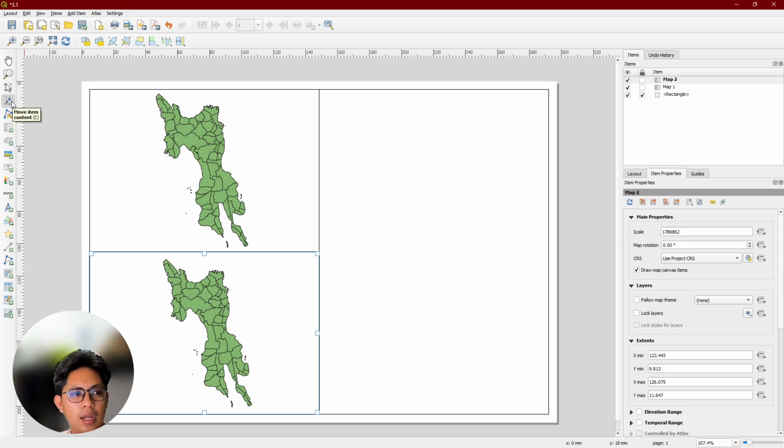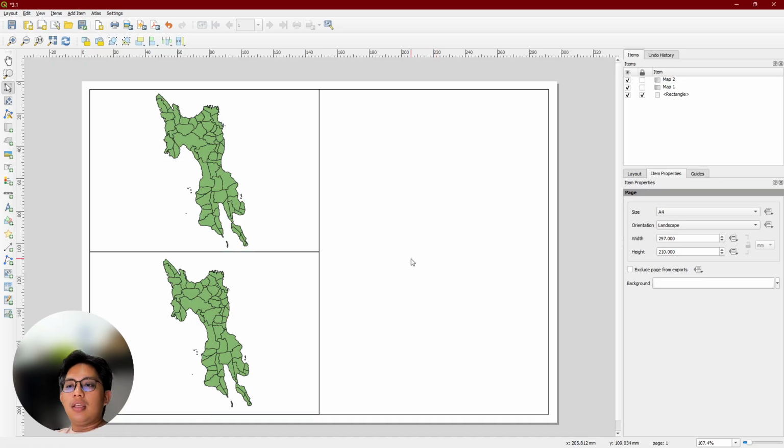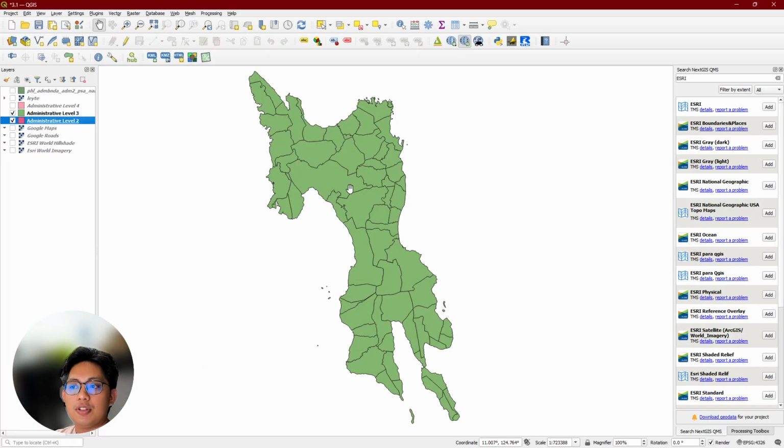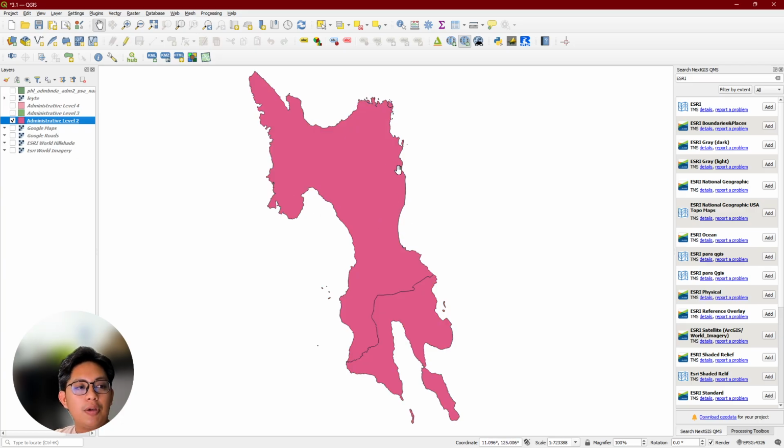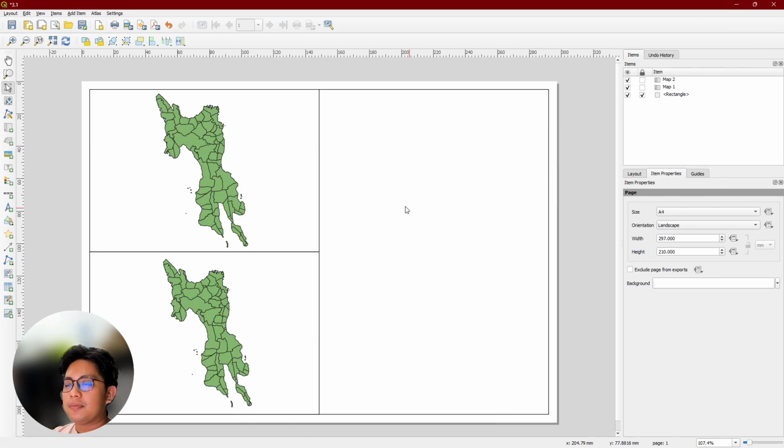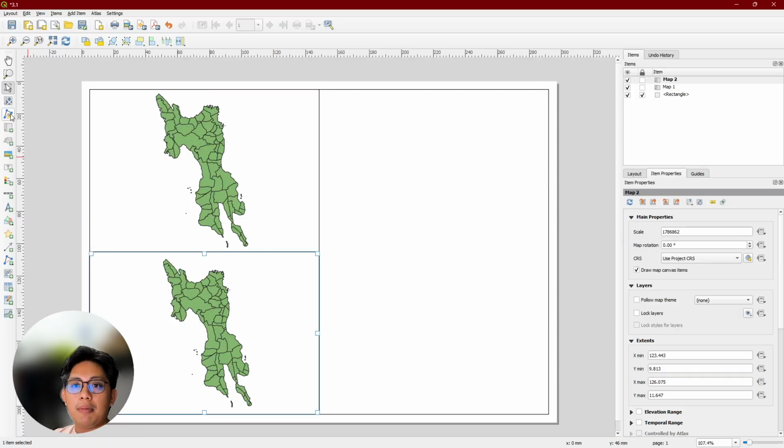But sir, what happened? Why did your map 1 go back to the original map? That's because your maps are actively referencing your QGIS panel. So when I change this back to my admin 1 and click my maps, again, it's back to your admin.